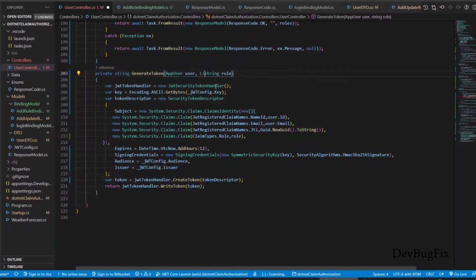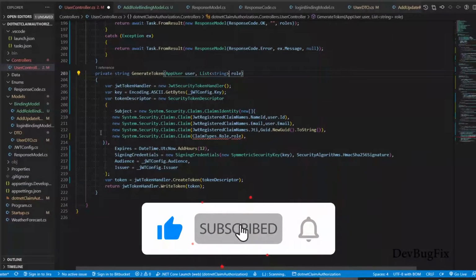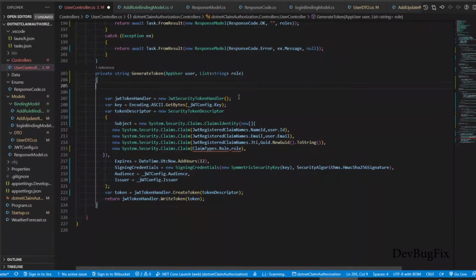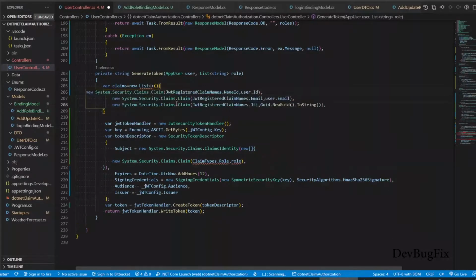For authorization, we are using a JWT token, so we have to add the role list in our token, so the app can validate this role whenever it grants permission on resources. Here we will do the same thing, and we will change the type of roles from string to list. Here we will create a list with type of claims, and we will initialize the list with this claim. To add the type to the list, I will copy System.Security.Claims and paste it in the angle brackets.